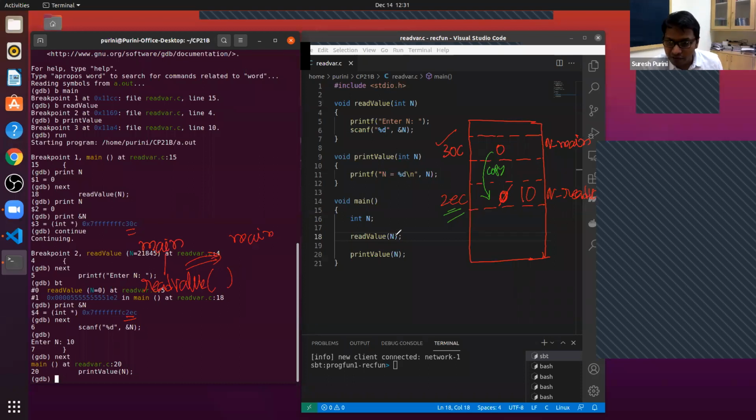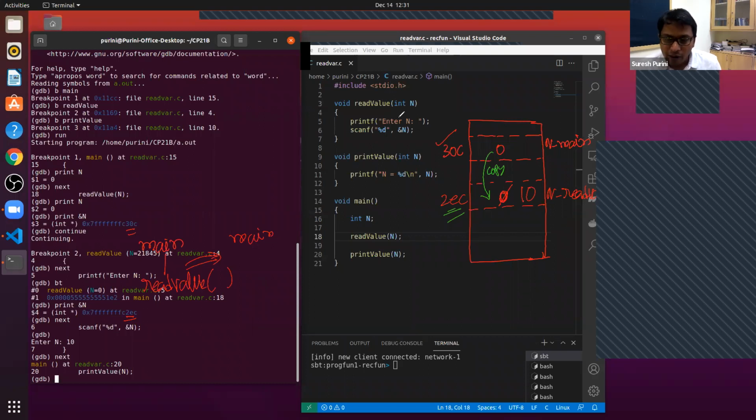When we call read value, the contents of this n is copied into the parameter associated with the read value function. When we get back to main, it is 0, it's not changing. Whatever the original value, it still remains the same.